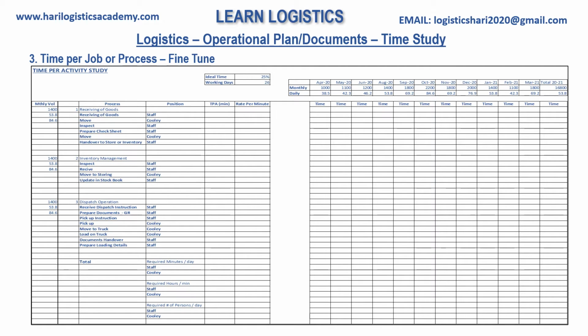Then we have already seen this time per job or process in the strategy document itself. Again, here we have to fine tune it based on your actual process or trials. So that is why we have given it here again. This is for time fine tune purpose. Finally, in actual, what will be the